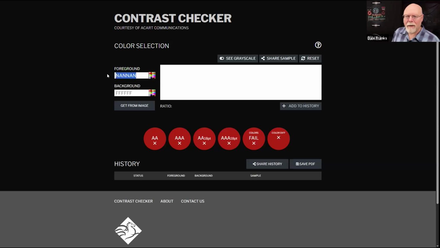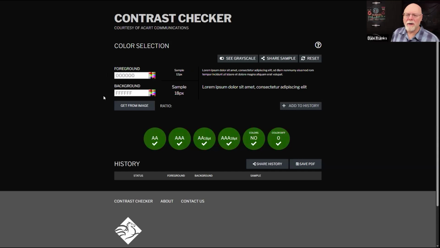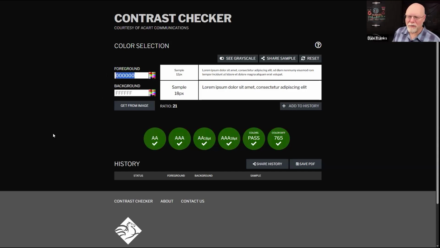Well, I say I like it, but it really is making it unpleasant to use. I'm not sure what's going on there. I'm going to refresh that screen. And I think it's FF0000. Is that red? No, it's not the letter O. It has to be zeros. Yes, that is red.